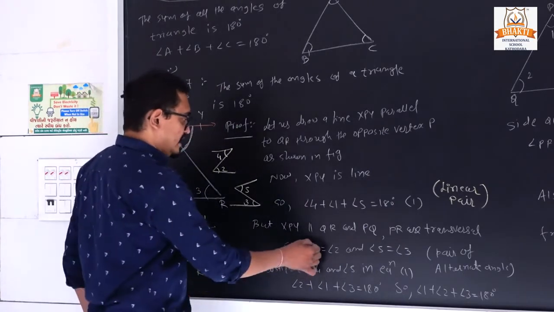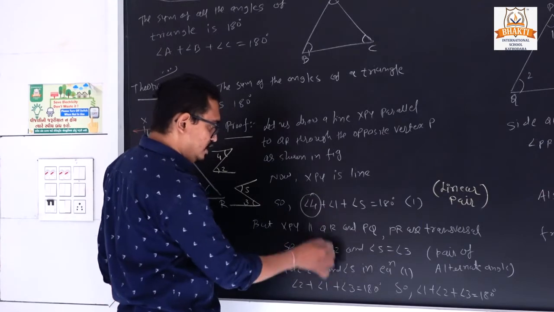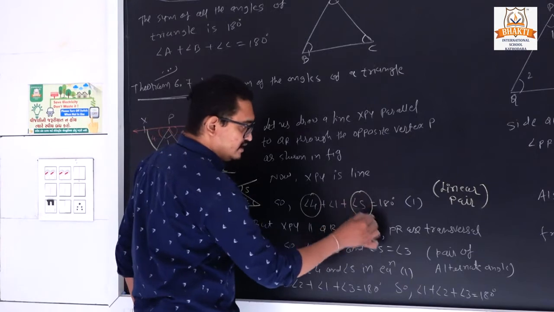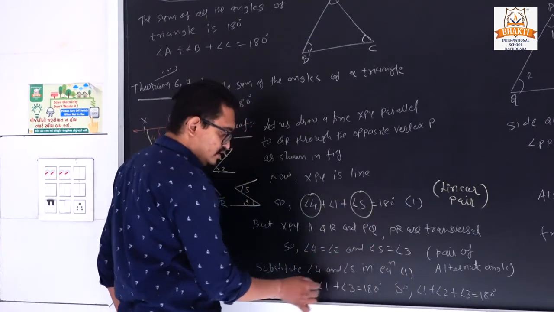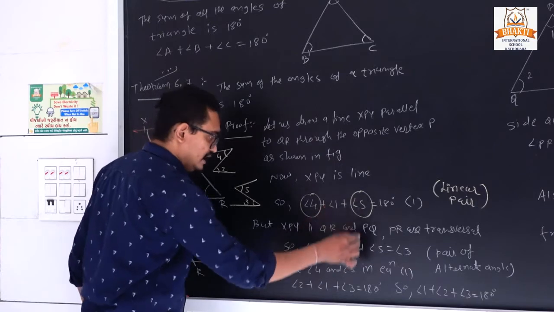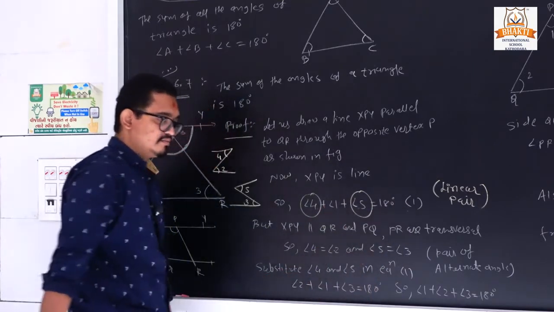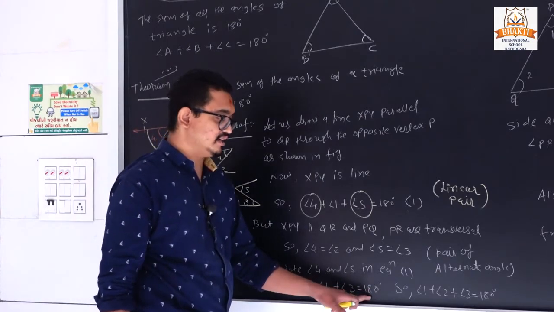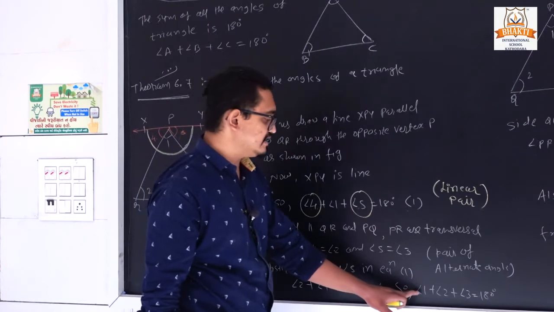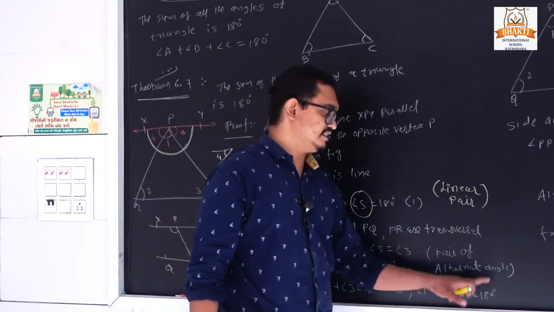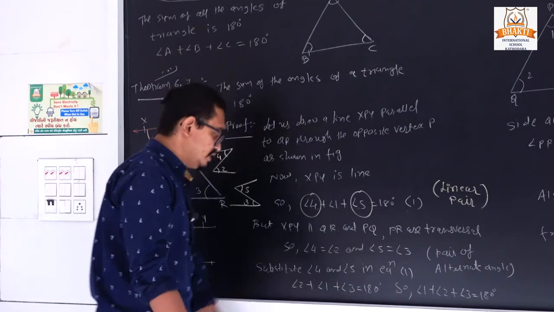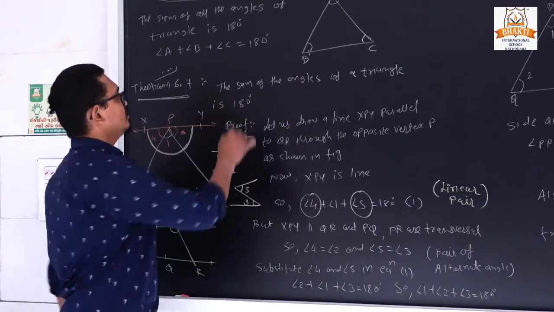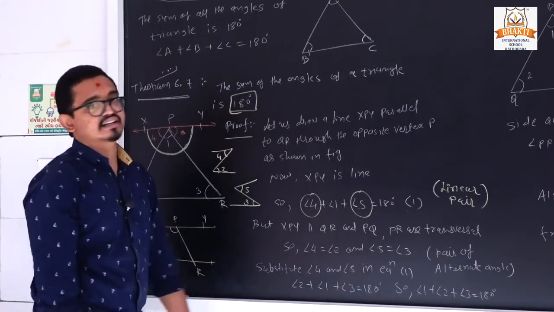So now angle 4 is replaced with angle 2. So 4 is equal to what can we write? 2. And angle 5 is replaced with angle number 3. So 4, 1 and 3 we can put in result number 1. So we get the result: 2 plus 1 plus 3 is equal to 180. So now we can write in sequence: angle 1 plus angle 2 plus angle 3 is equal to 180. So it is proved that the sum of angles of a triangle is always 180 degrees.